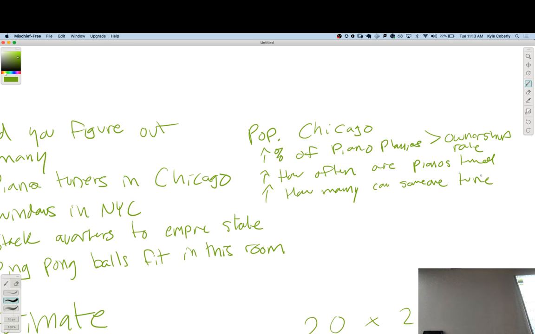How many people are there that can tune them? I'm a piano tuner. How many people am I competing with in the city of Chicago? Not only do you buy yourself time when you do that, but if you rephrase the question a bunch of different ways, sometimes you see the angle on it.